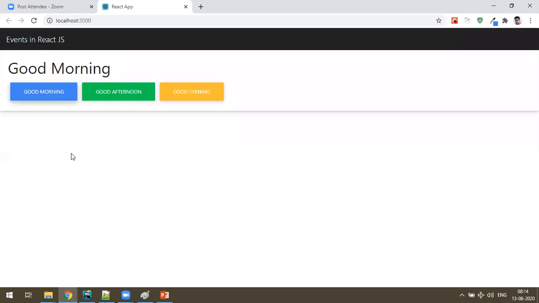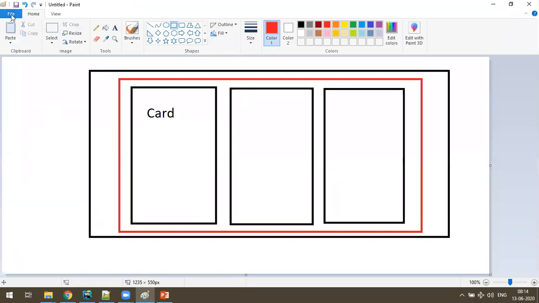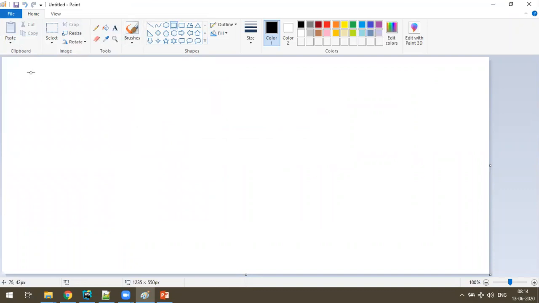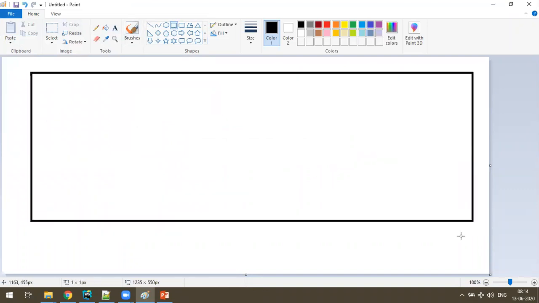Let's take a realistic example which you can use in real time. Like you'll have a shopping cart. There you click on a plus symbol, it adds a new item, it increases the item, and if you click on the minus symbol, it reduces the item. Let's make that example now. Let's make a new interesting example. I want to create a nice shopping cart list. Just one item, we'll take here.